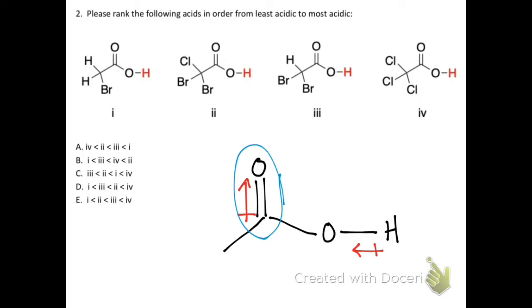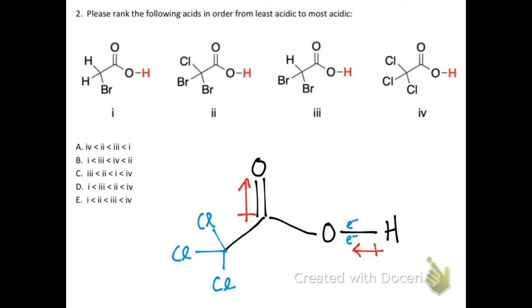So having this polar bond up here actually has a downstream effect on this bond and pulls electron density further away from the hydrogen. And remember, the H plus is attracted to the negatively charged electrons. So the further we can pull these electrons away, the electron density, the less attracted it will be, the weaker the bond, the easier it will be to dissociate, and the stronger the acid will become. So we can make a stronger acid by adding in more electronegative atoms. So like, for example, if we add in a few chlorines,